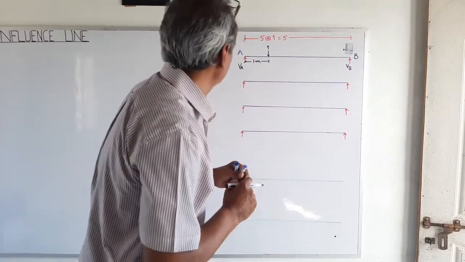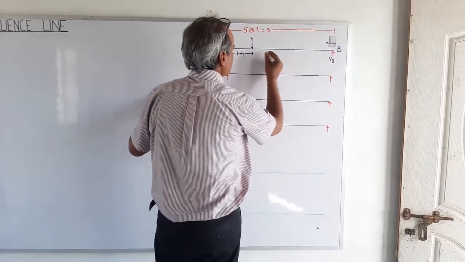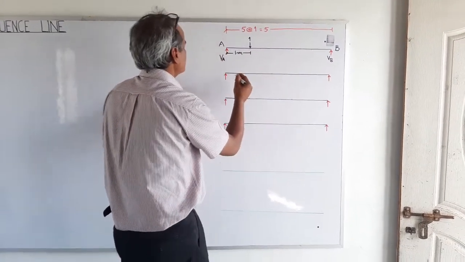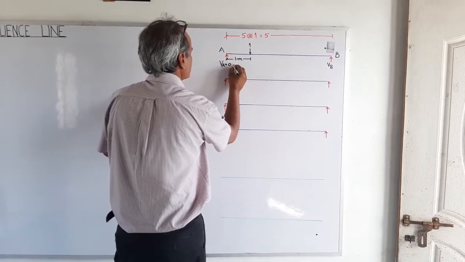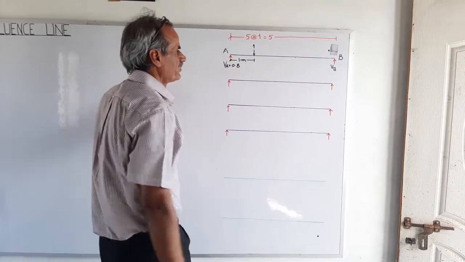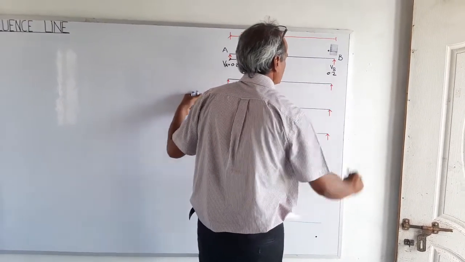This position is 4 meters from B, so 4 divided by 5, VA shall be equal to 0.8